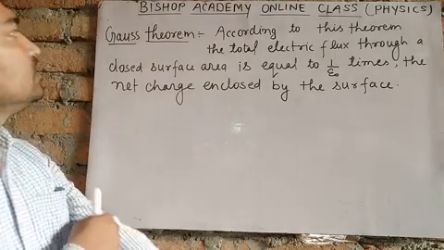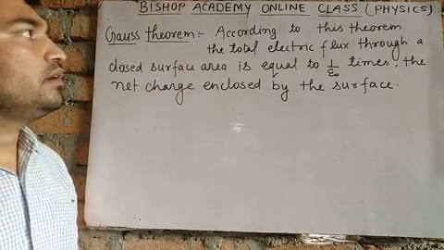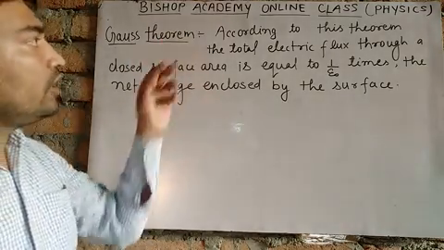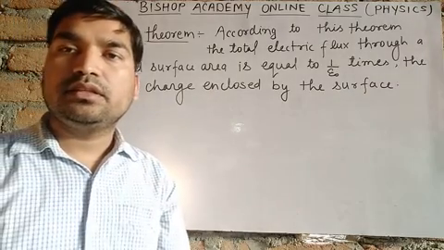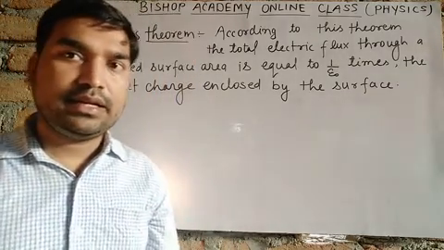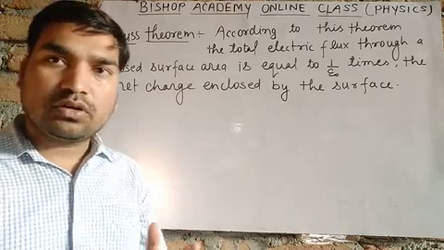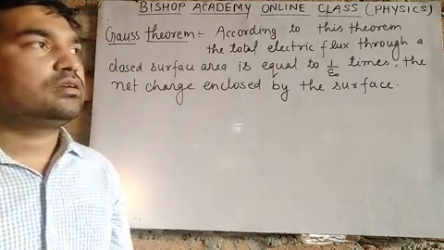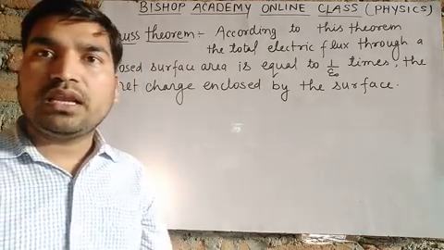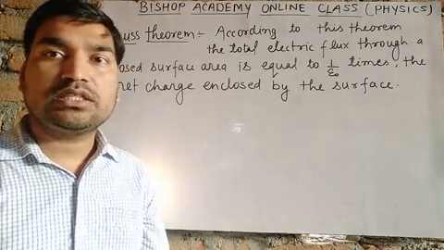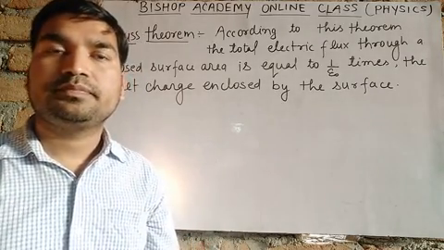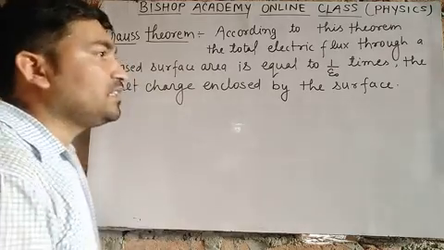That's why it is a very important topic, and according to this theorem, the net electric flux through a closed surface is 1 upon epsilon naught times the net charge enclosed within that surface, and it is mathematically written as